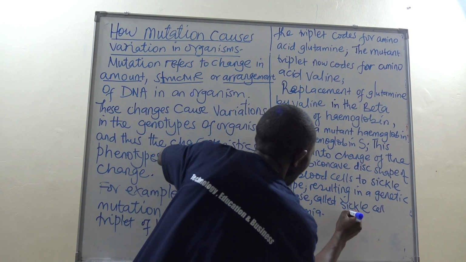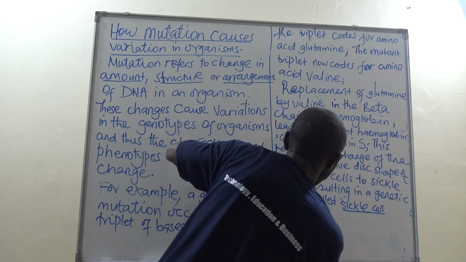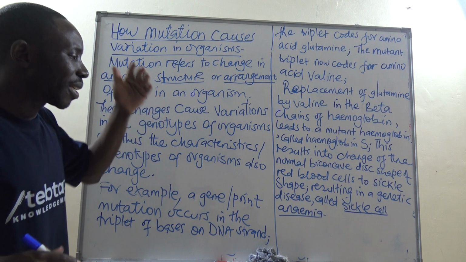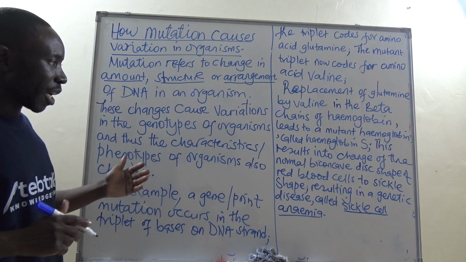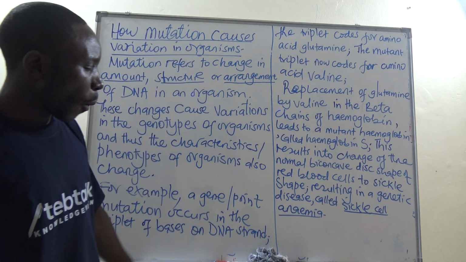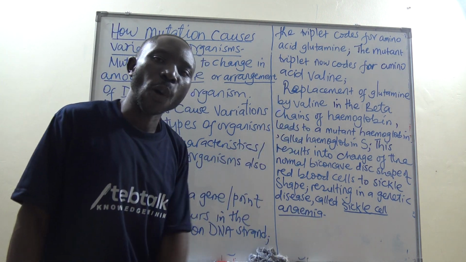So when the normal biconcave disc shape of the red blood cells changes to sickle shape, then we say the individual has